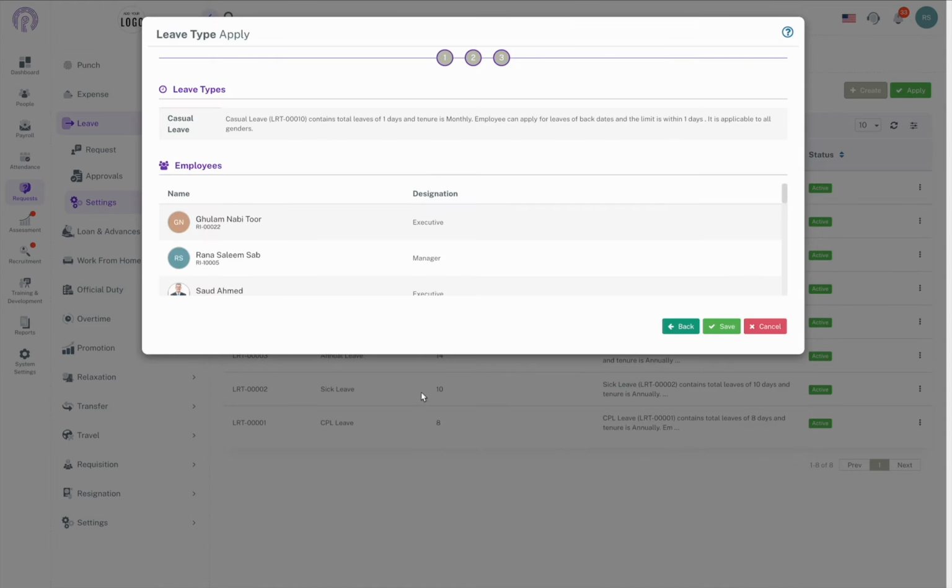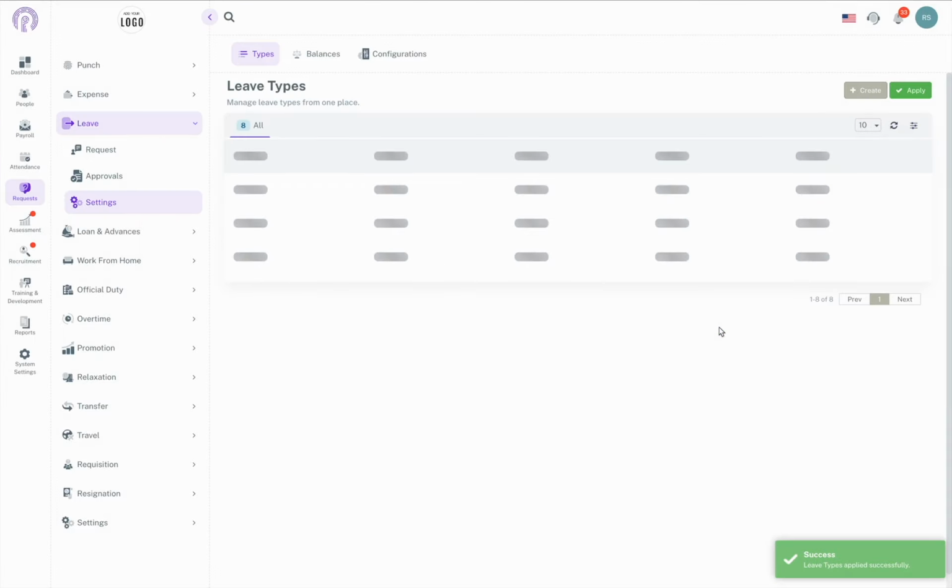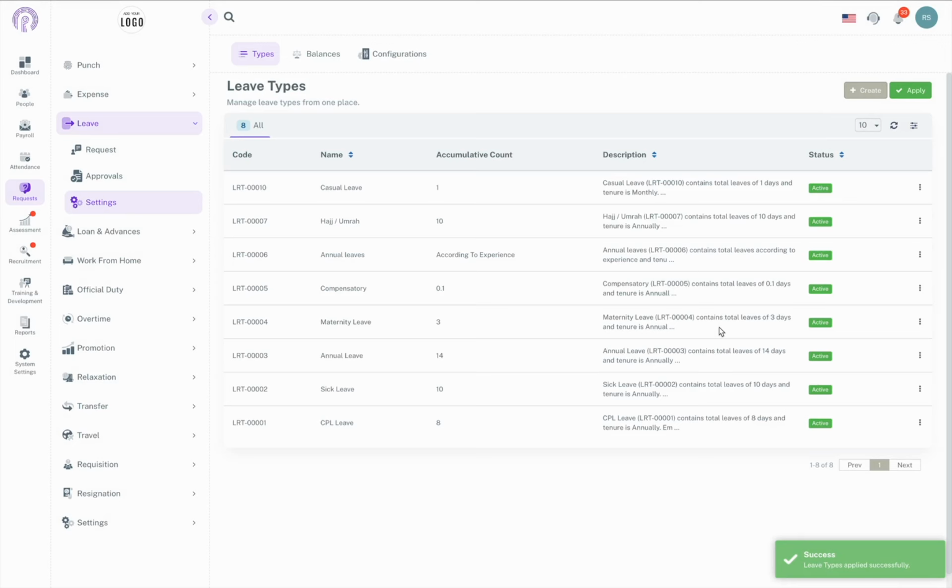Here, you'll see the selected leave type, along with its description, and a list of all the employees you've chosen. Review the details carefully, and once everything looks good, click Save to apply the leave type to the selected employees. And that's it. You've now successfully created a custom leave type and assigned it to the appropriate employees in the system. This process gives you the flexibility to tailor leave policies to meet the unique needs of your